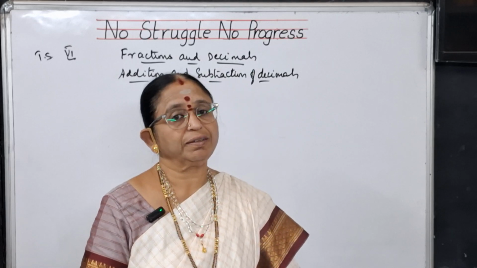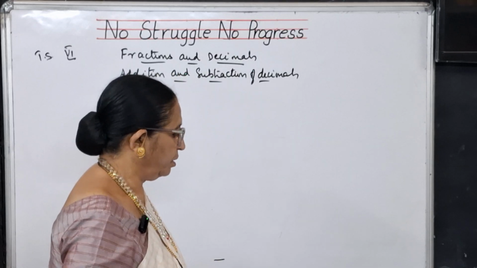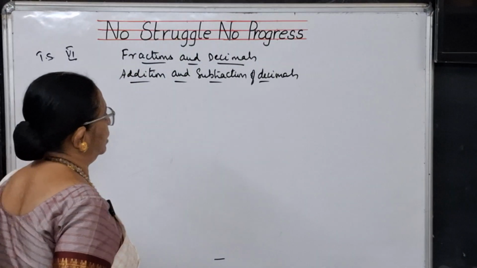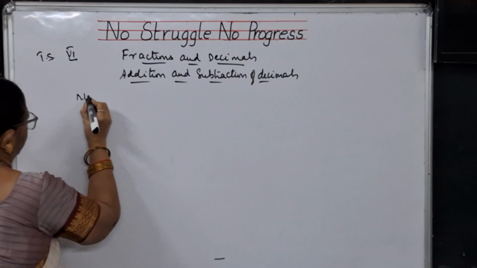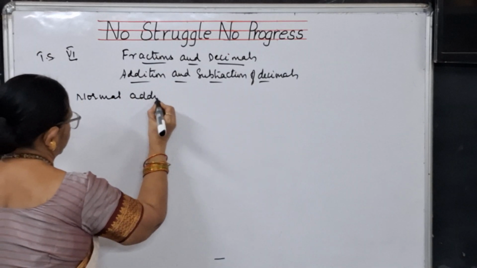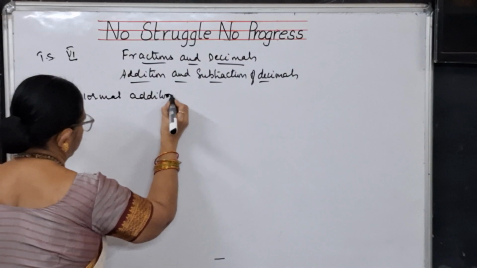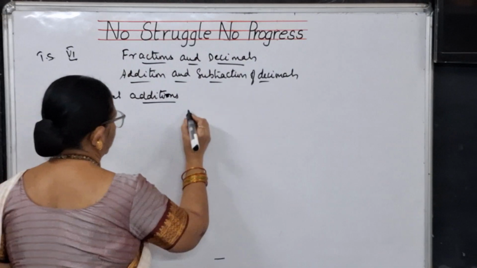Now I'm doing 6th class maths, fractions and decimals. In that, I need to do addition and subtraction of decimals. So let us first think about normal additions. Some examples I'll take for normal additions like